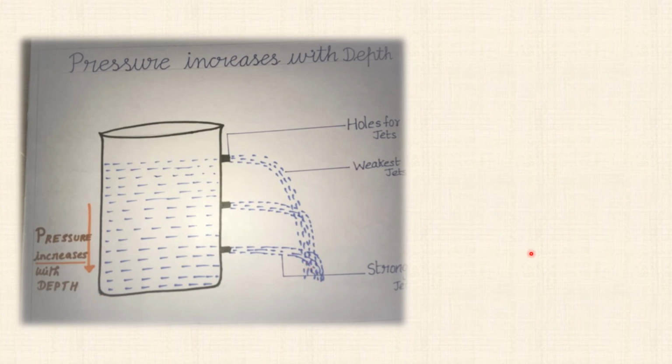And that is the reason why, if you are living in apartments, the person who is living on the ground floor or the first floor will have water from their bathroom pipes and sink pipes coming with a high pressure, whereas the person who is living on the fourth floor will be getting the water from his or her pipe only at a low pressure. This is because the pressure generally increases with depth. That is, the pressure of a liquid increases with depth.